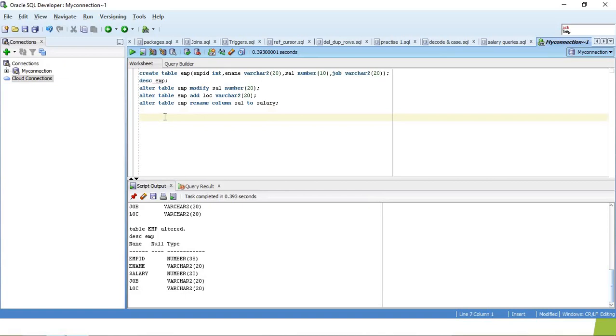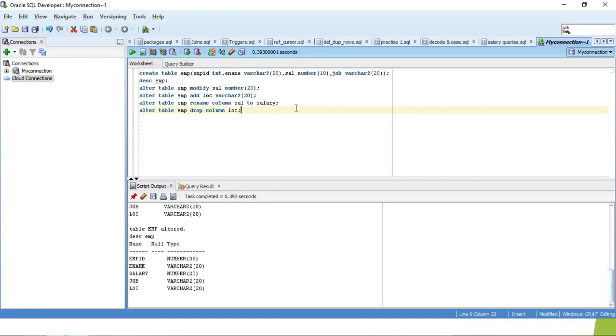Let's see. Alter table employee, drop column. Which column? Location column. I want to drop that location column. Alter table employee drop column location.